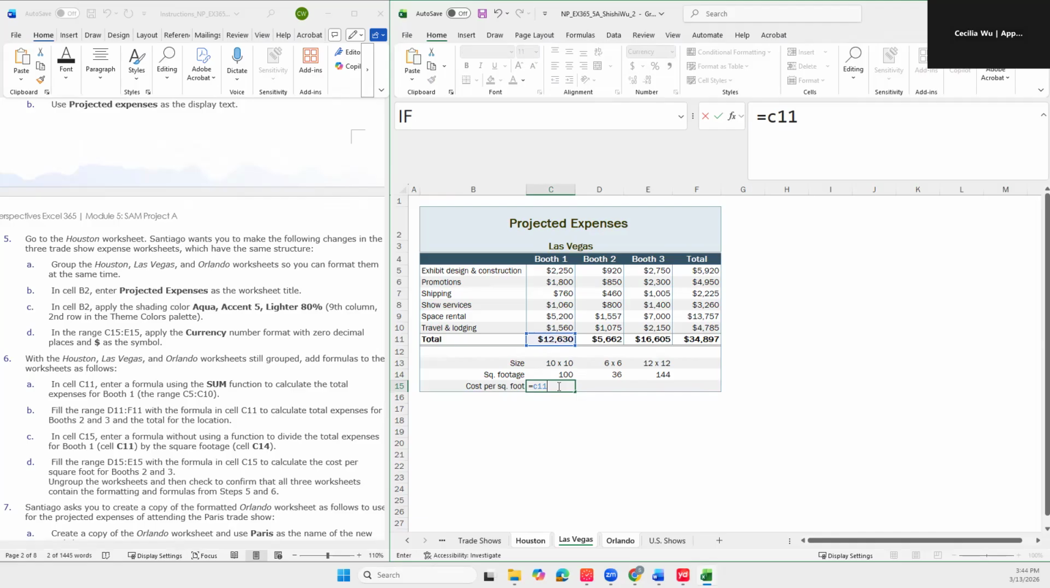And how to calculate the division. We use the slash to let the system know that we want to use C11 to divide by C14. So the slash stands for the division in Excel. And now we hit the enter button. So the system helps us calculate the cost per square footage. And next,